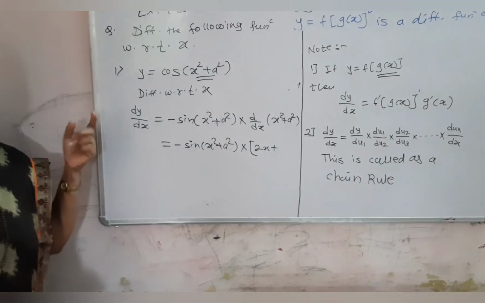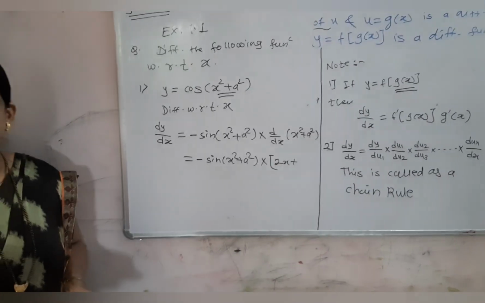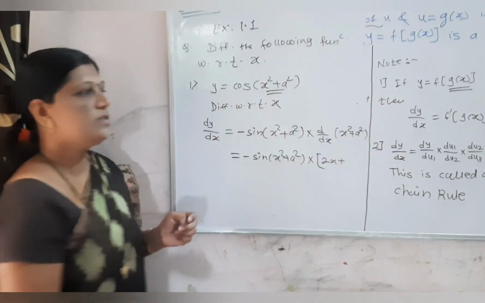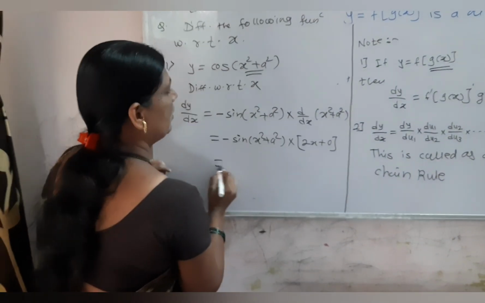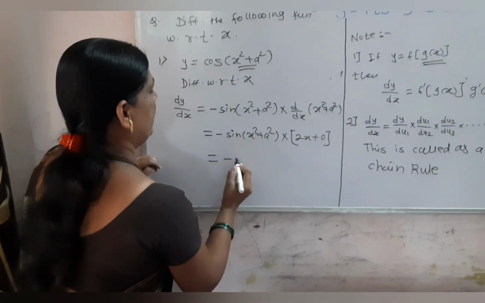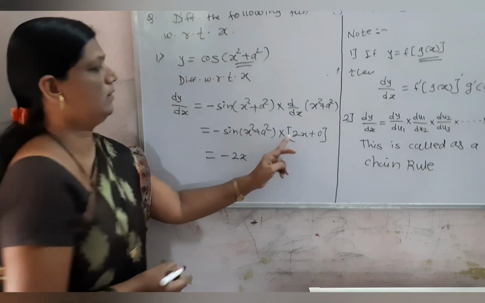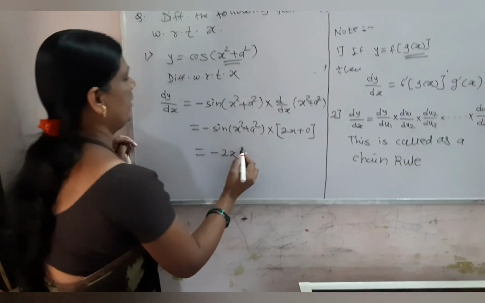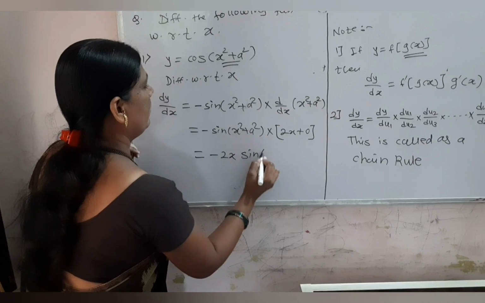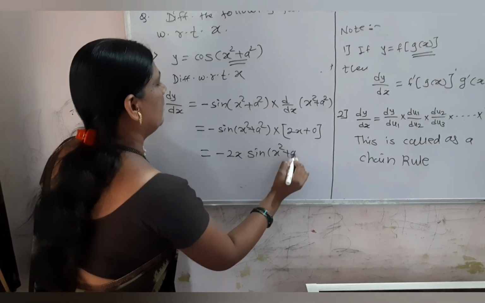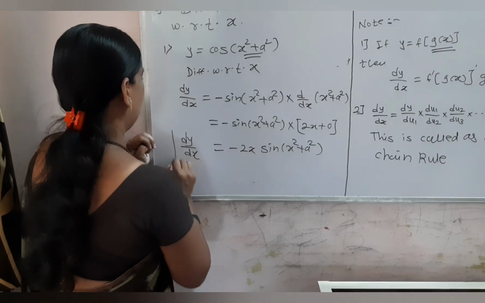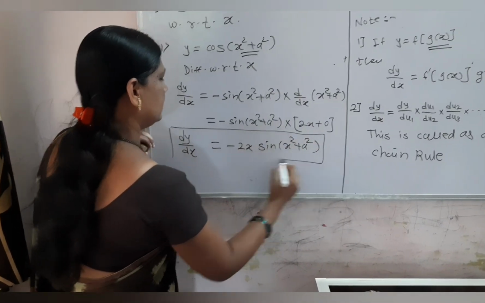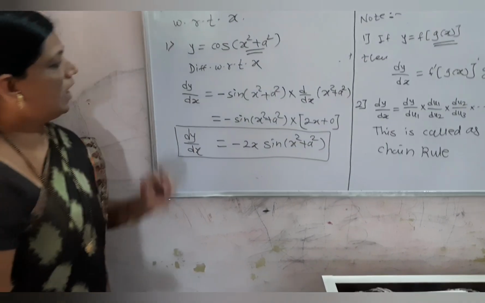A square is a constant, the derivative of a constant function is 0, so the derivative of a square is 0. We simplify this: minus 2x sin of x square plus a square, so dy by dx is equal to minus twice